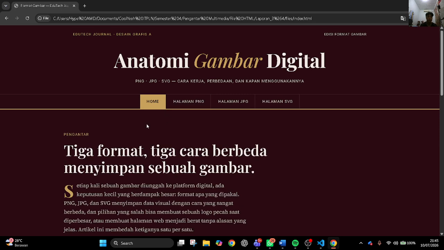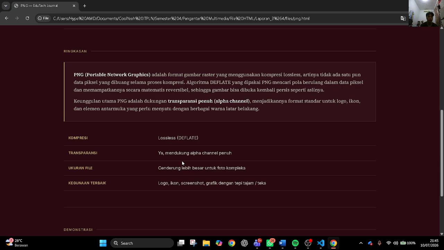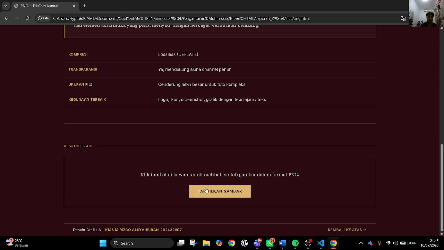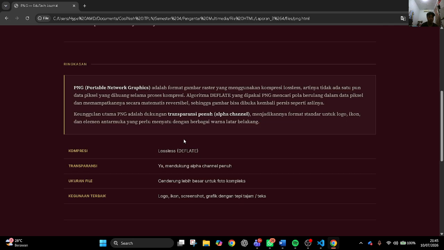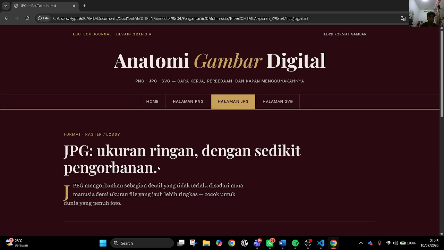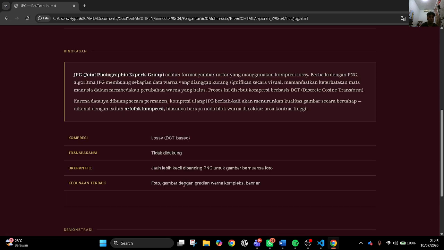Let's see the final result in action. Here's the PNG page. I click "tampilkan gambar" to reveal the sample image. Notice the file size in the caption, around 116 kilobytes, because PNG uses lossless compression.